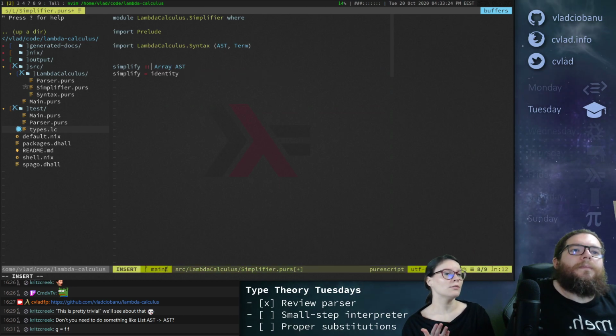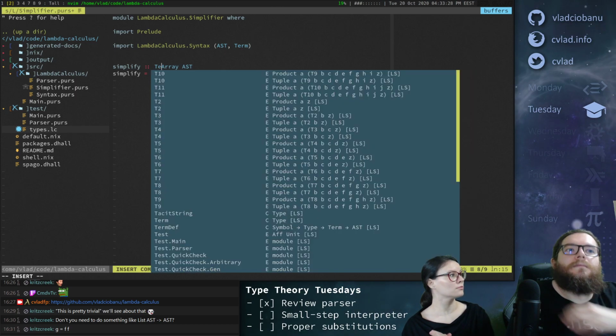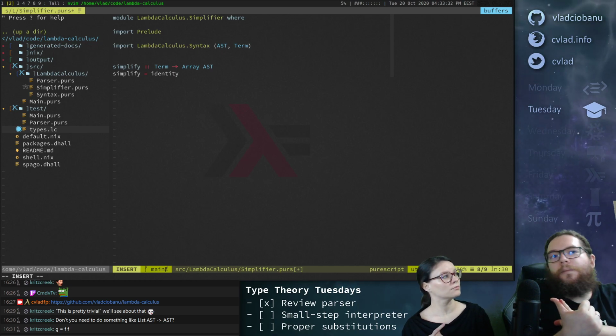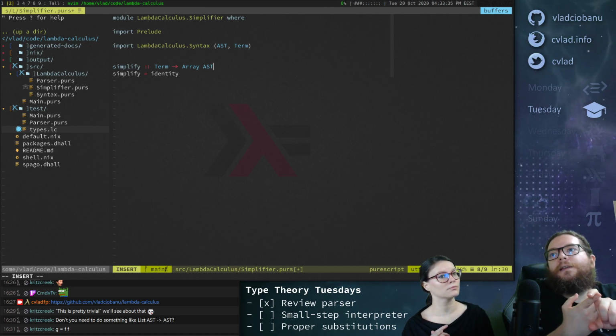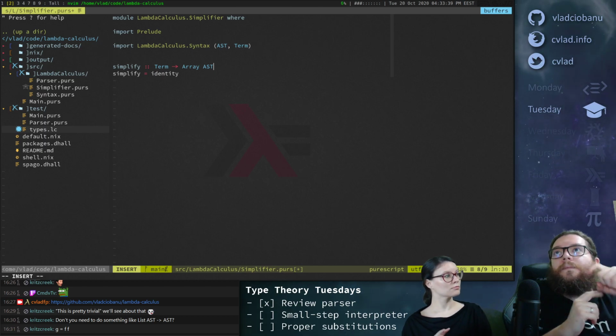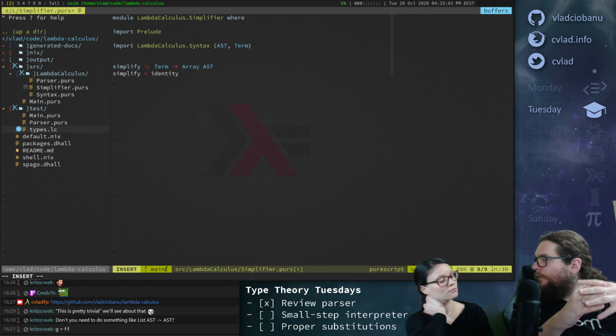So wait, you want to simplify each term as much as possible, or find out if... I think we want to simplify a single term, but you need an array of AST as your environment, right? You want to know all the other things in the module.